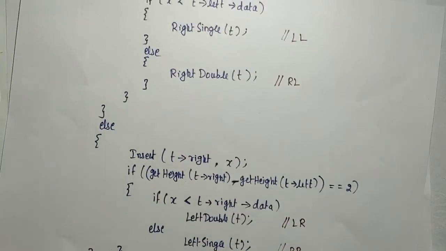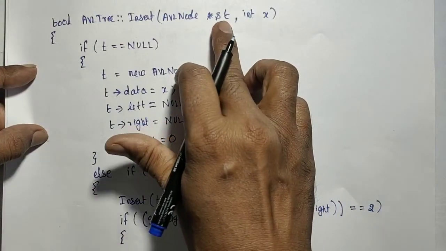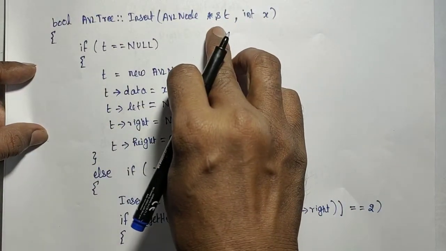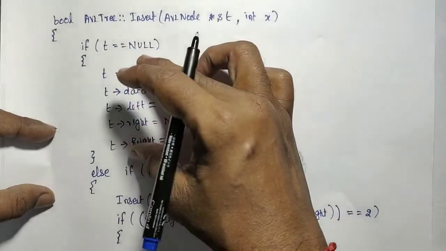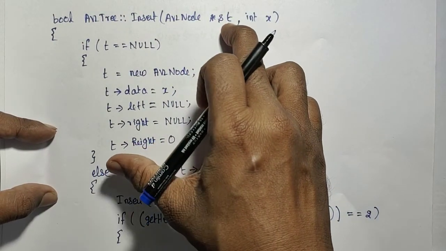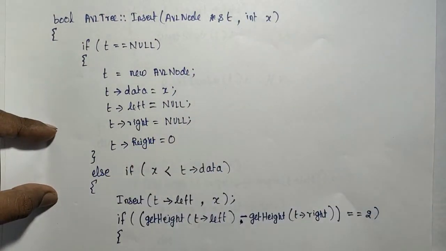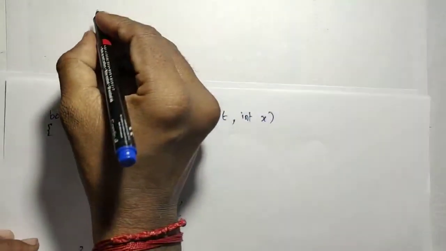After this we need to do what? The thing about the insertion is that x is inserted on the T, which means the T height has to be updated. So this insertion procedure is over, and the T height has to be updated. For updating the height of a particular node, the standard procedure is left subtree height, right subtree height, whichever is the maximum, plus 1. That's all we need to do here.